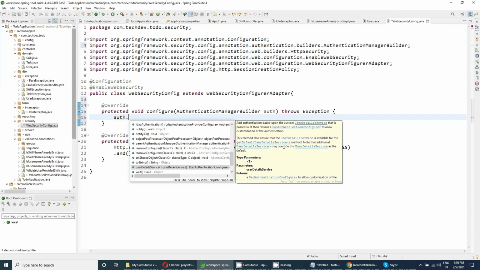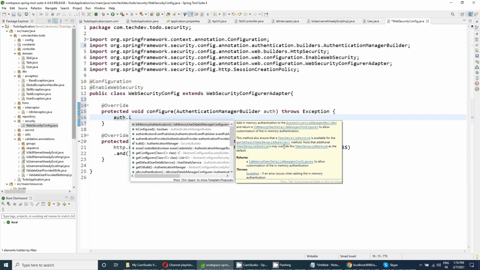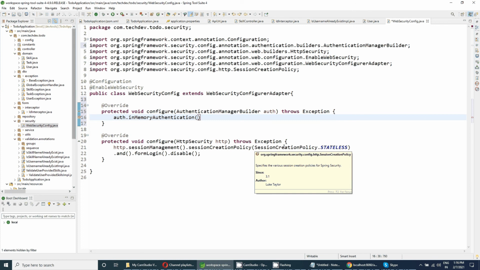In this video and in the further videos, I am going to use in-memory authentication. So first of all, we need to call this method, inMemoryAuthentication. Basically, they are using the builder design pattern internally, so it will call that method and that method, and finally it will build the authentication manager builder. So for that, we are using in-memory authentication.